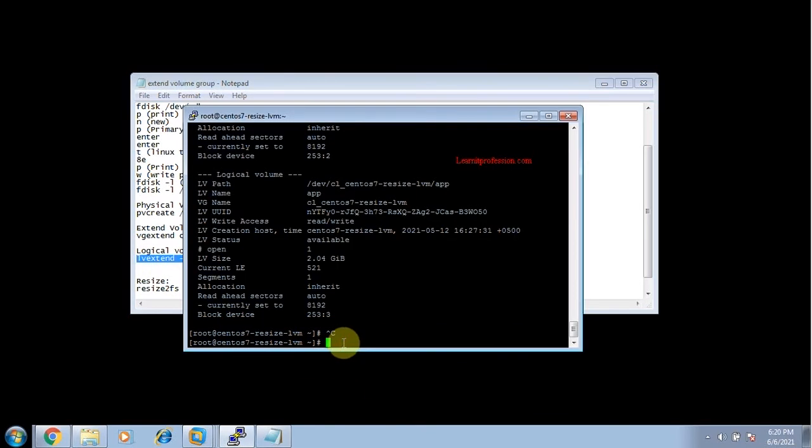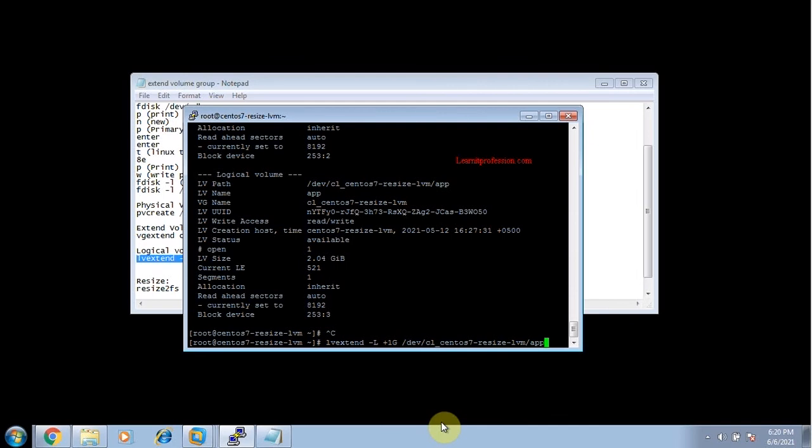and enter. In PuTTY, you can easily copy by right-clicking on the screen of the PuTTY session. Okay, lvextend -L +1G /dev/CL_CentOS 7-resize-LVM/app. That is the whole complete command to extend the logical volume partition app.